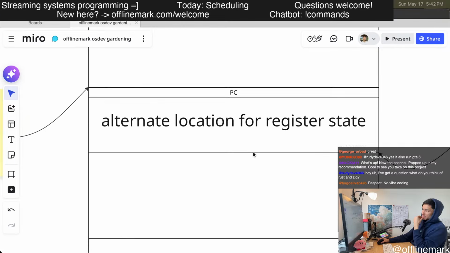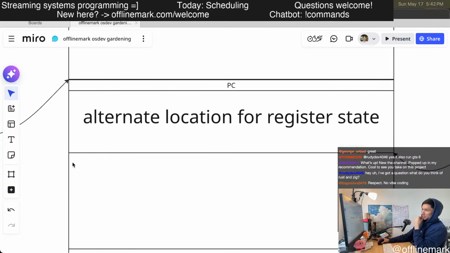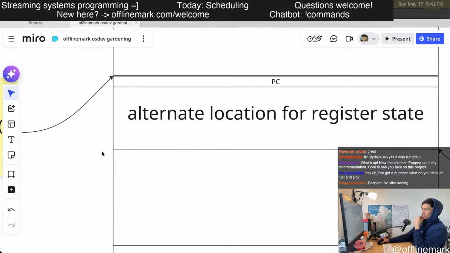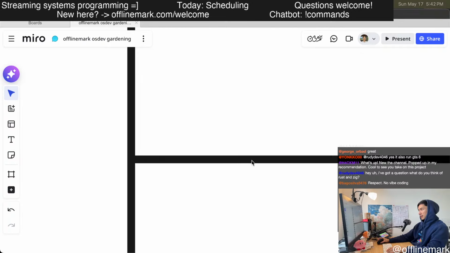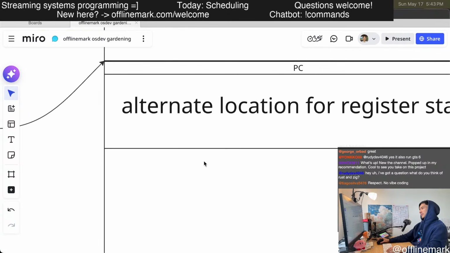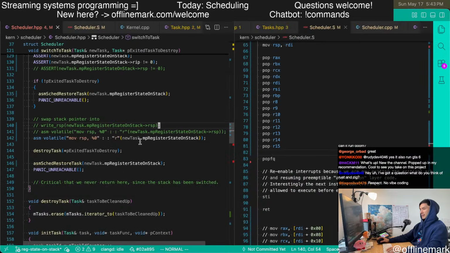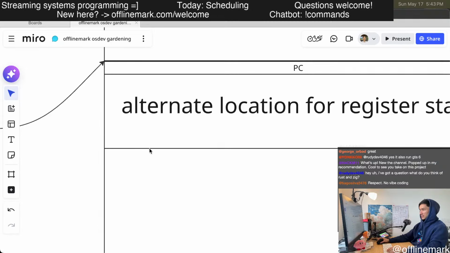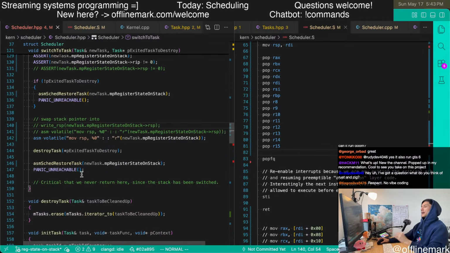We want to switch our stack pointer to point right here, right below this context, and then run a bunch of arbitrary code. We need to be very careful to not clobber this, but it's not really a problem. We just point RSP right at this line, and then we can do more function calls.